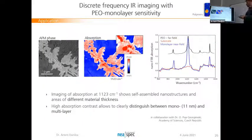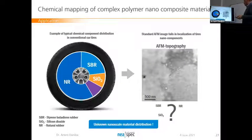And we can even compare our spectra, which was done in black by Farfield, with the one done by our system in blue, and we can see that the spectra is more or less the same. We can also see that the substrate is exactly the same for the monolayer measurements and for itself. So the next sample is,